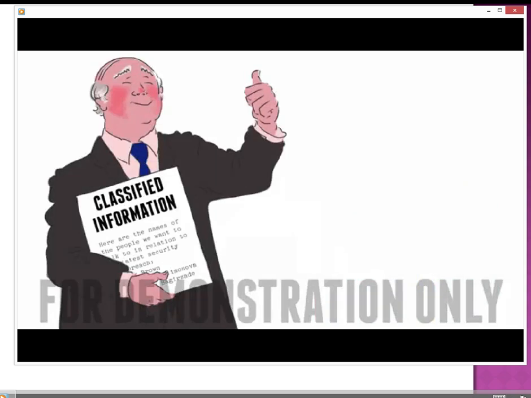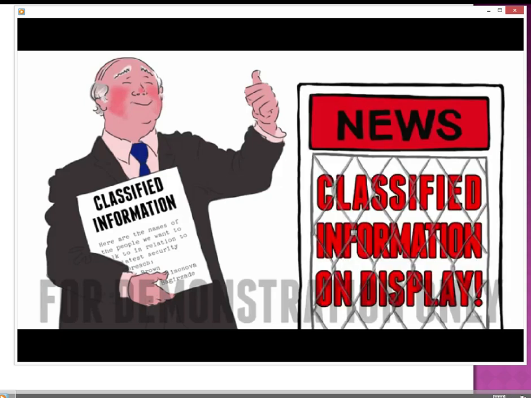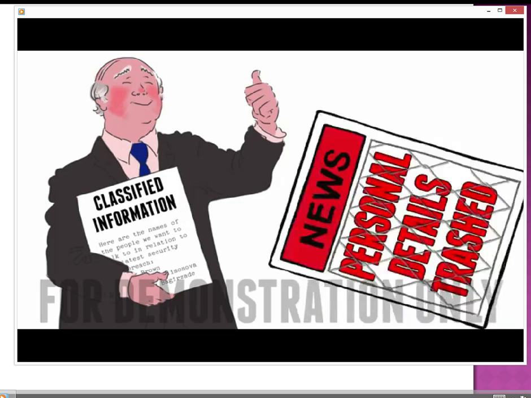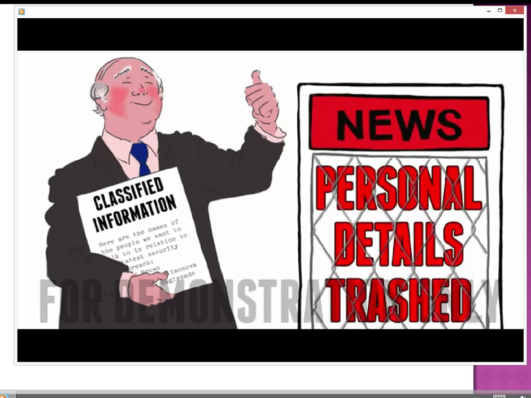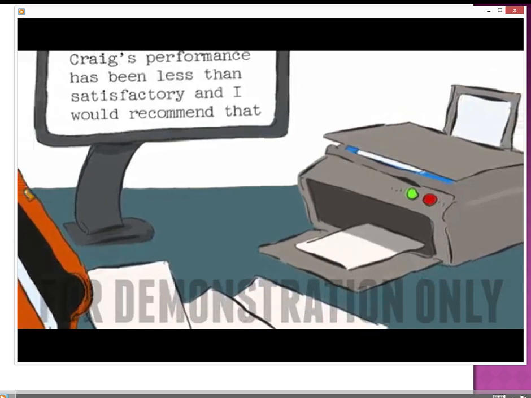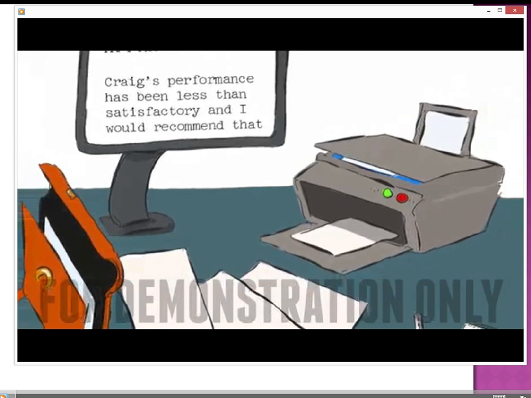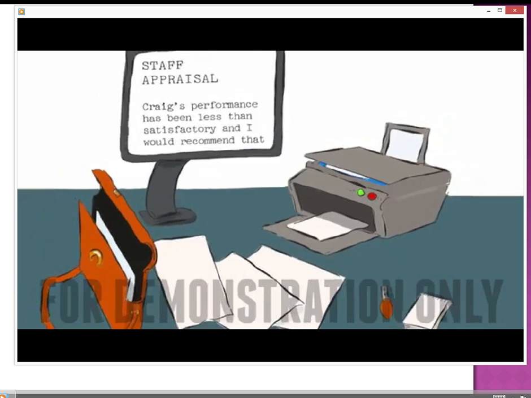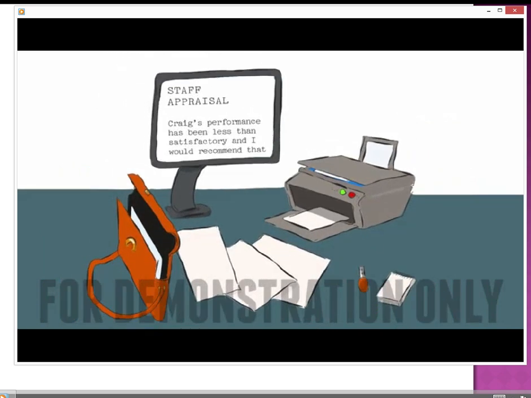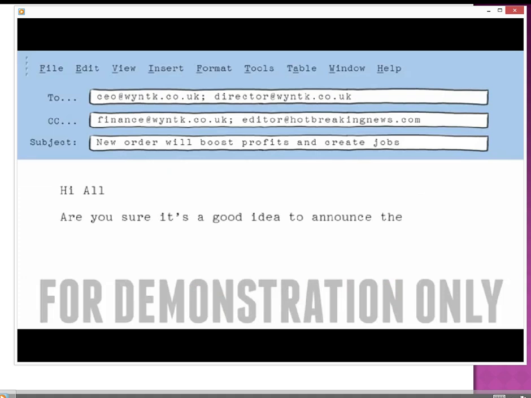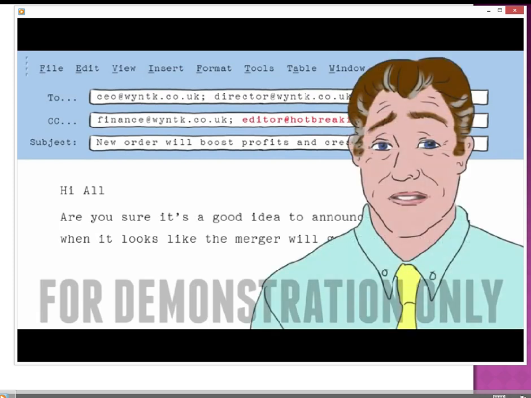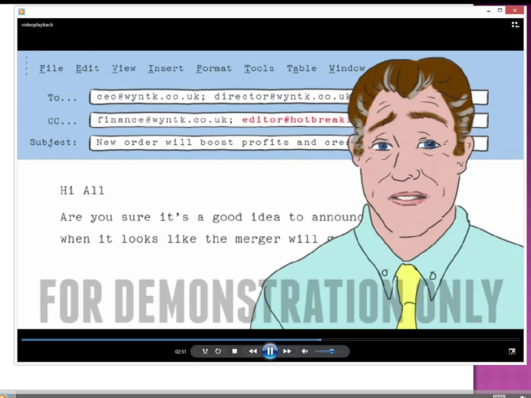But what about information on paper? We can be just as careless with written or printed documents. You may have heard of government officials with confidential documents on display, walking past photographers, or putting correspondence in public litter bins. It seems so obvious, but have you ever left any documents with confidential information lying around? In a briefcase, on a desk, or on a computer monitor where someone could see it, copy it, or print it off? Ever hit reply to all on an email and not checked who it was going to? It might just be embarrassing, but it could be worse. A lot worse.